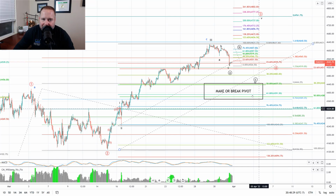Should that break, then it becomes less likely that this bull move is going to play out, and we could see a retest of these lows. The bears did turn it down just in time over here, staying below that 764 retrace of the entire move down. So our primary scenario is we're looking for that B wave bounce to hold 46.07 and then C down